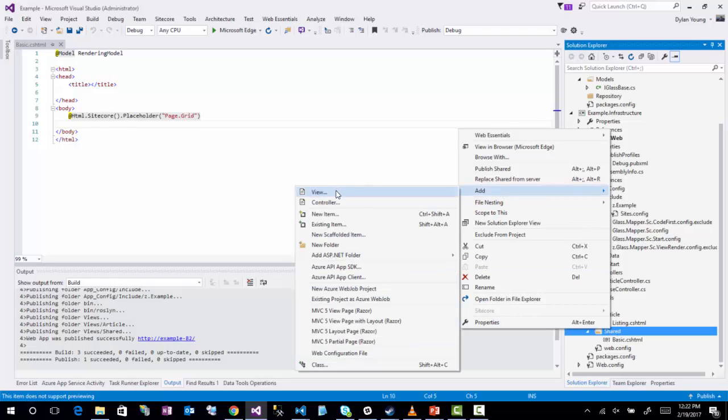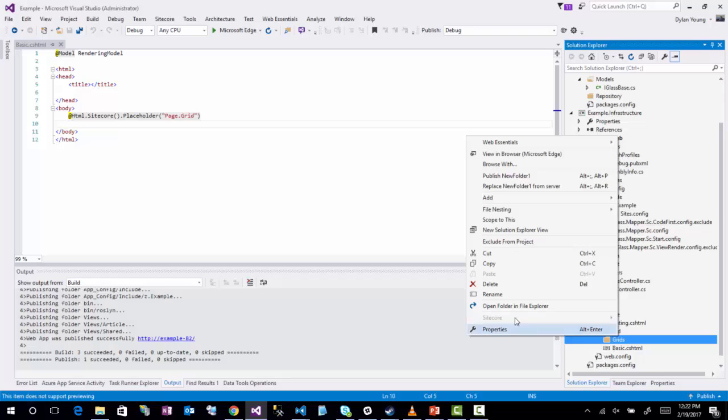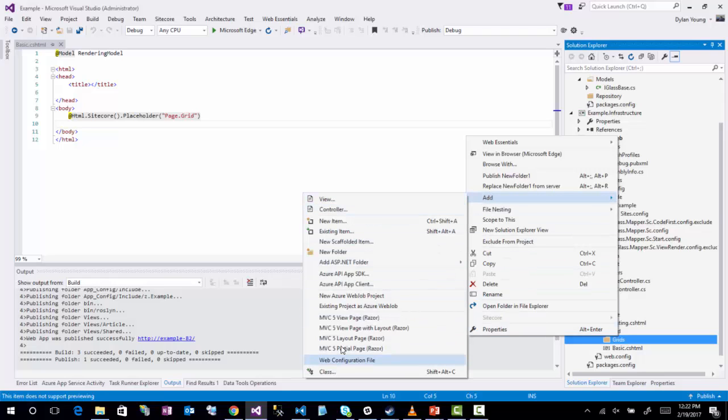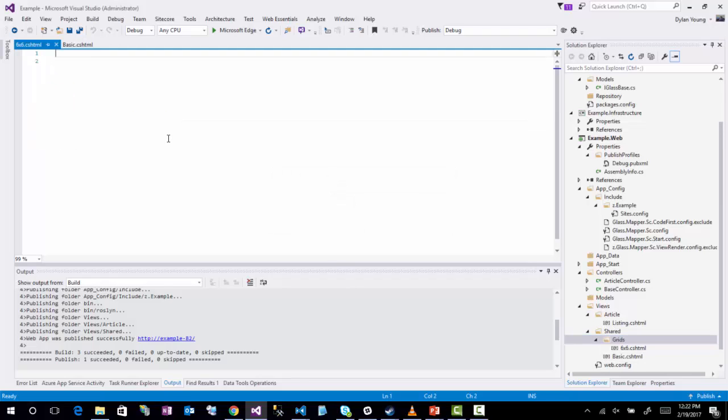So I'm going to go ahead and create a new folder. I'm going to call this grids. I typically place this in the shared area of the views. And now I can create a simple view rendering by creating an MVC partial page. I'll call this 6x6.cshtml. Typically, the model is going to be rendering model, which is the default model that all views will have from Sitecore. And then inside this, I can create a div class container,